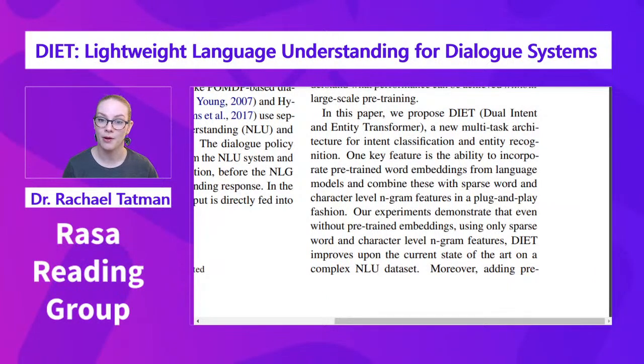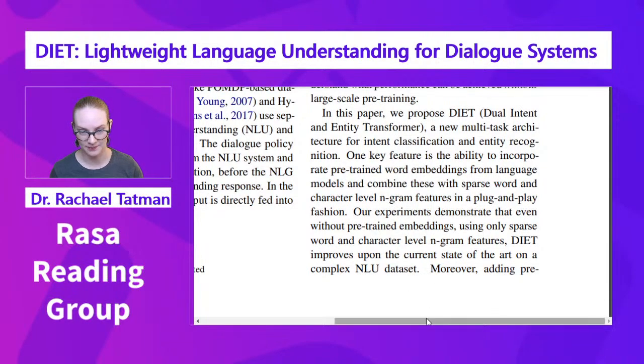In this paper, we propose DIET, Dual Intent and Entity Transformer, a new multitask architecture for intent classification and entity recognition. One key feature is the ability to incorporate pre-trained word embeddings from language models and combine these with sparse word and character level n-gram features in a plug-and-play fashion, so it's easy to use. Our experiments demonstrate that even without pre-trained embeddings, using only sparse word and character level n-gram features, which you might have for a language that doesn't have a large training corpus available, DIET improves upon the current state of the art on a complex